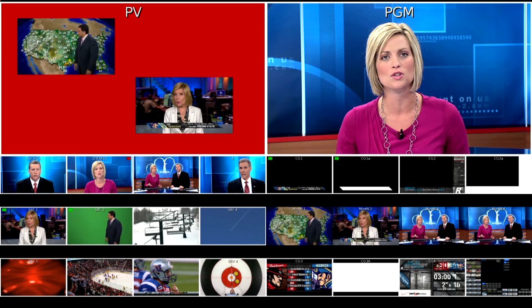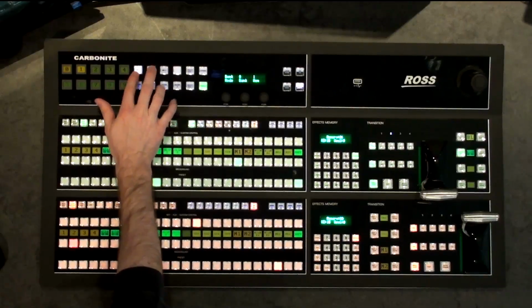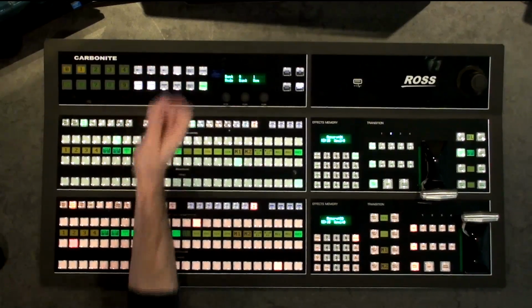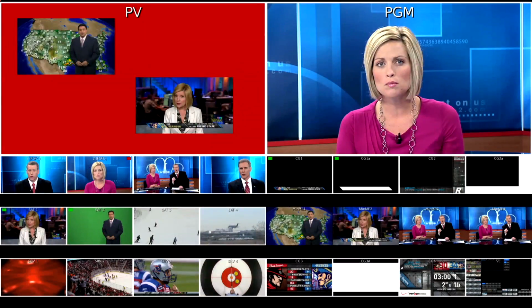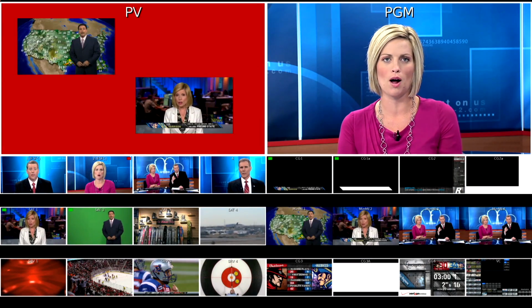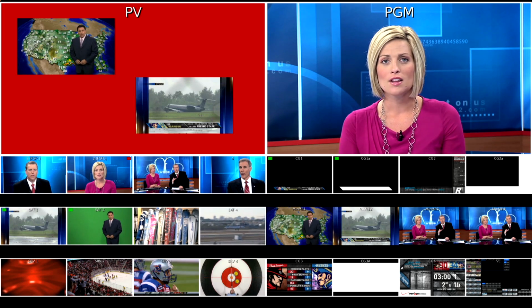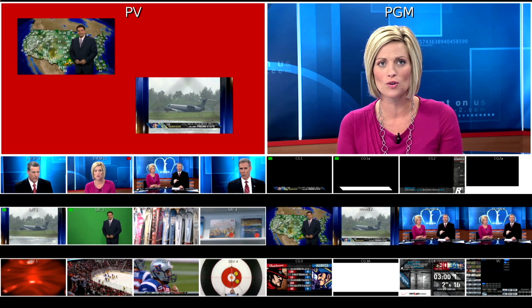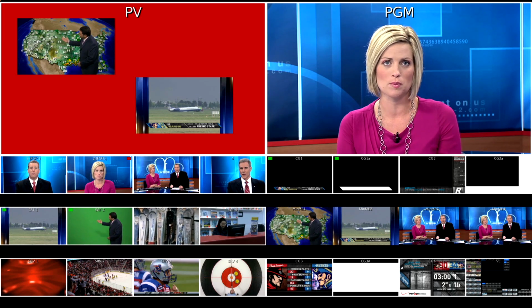So had we not included ME1, if we just do mini MEs 1 and 2 on this recall, then when they come back, of course, we get the correct weather map. That's because the mini ME properties are allowed to override the ME.